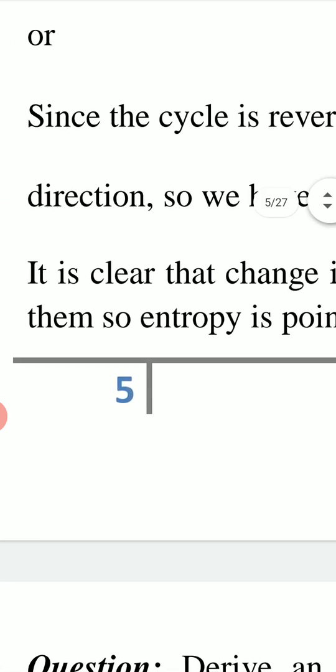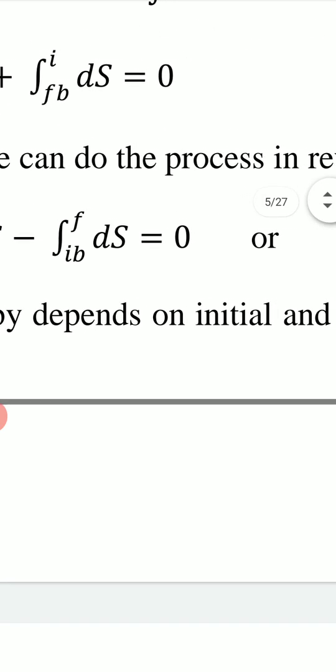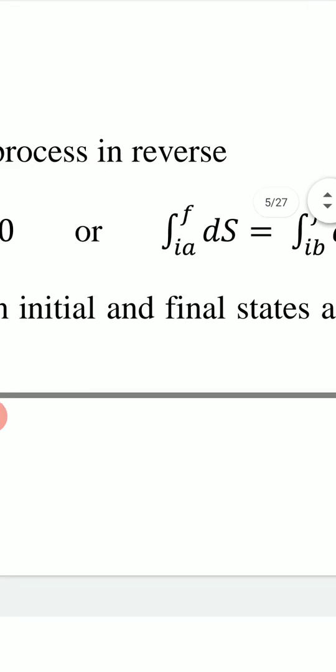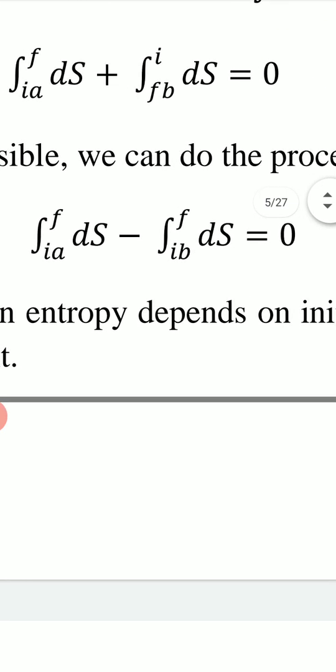Now the cycle is reversible. We can do the process in reverse direction also. So this second integral, we can write it as integral ds from F to I by path B. We can write it as minus integral I to F by path B ds. We change F to I by I to F, so we have an additional negative sign,